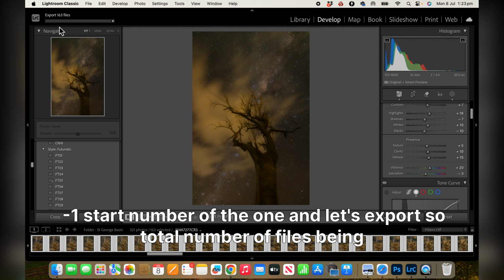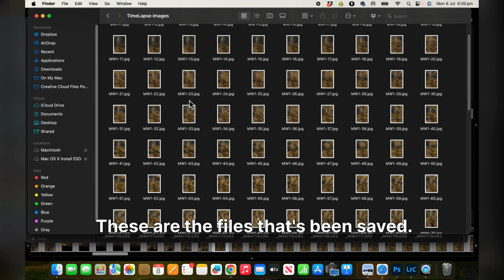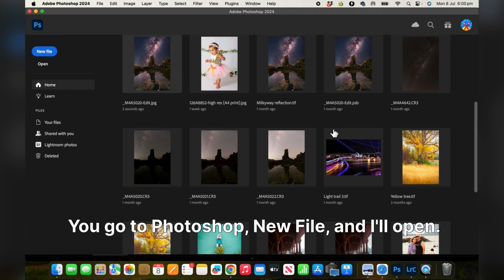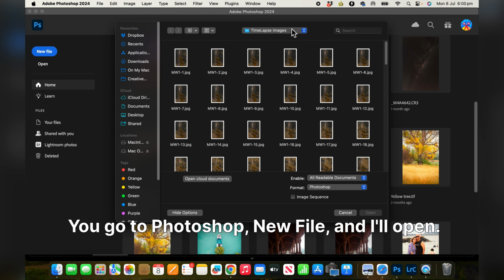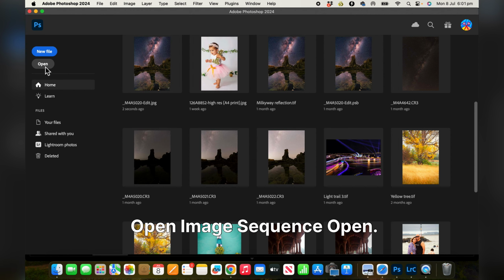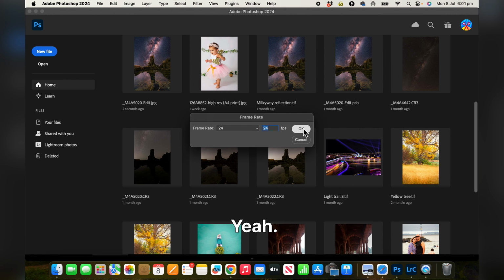So the total number of files being exported is 162 files, and it's being exported. These are the files that have been saved. Let's open Photoshop. You go to Photoshop, new file, open, and then open, image sequence, open. Yeah,